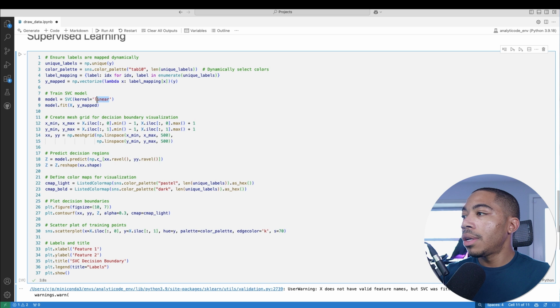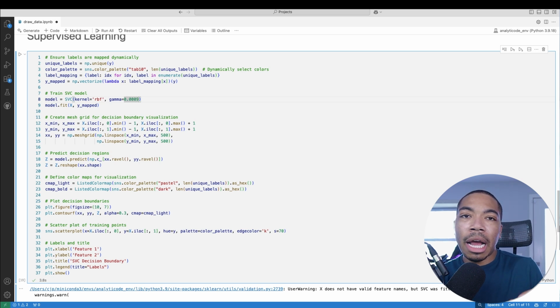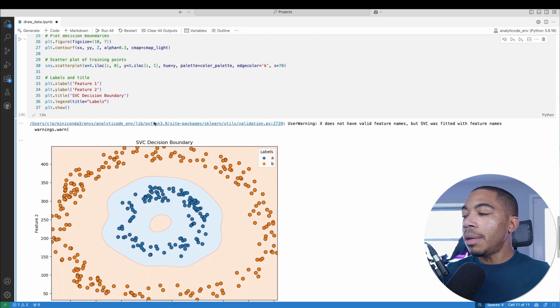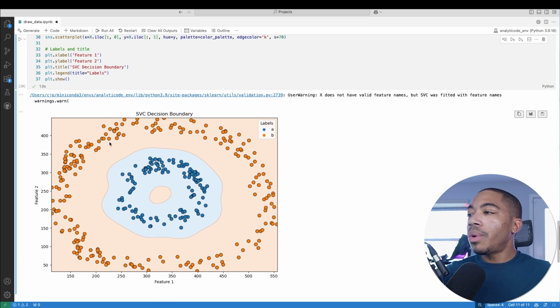And this is where adjusting this RBF, and let's set a gamma value there, helps us to really determine how much we're going to weigh the local points versus the further away or more global points. And I'm not quite sure what the best projection might be, but here you can see that now within this decision boundary map, we can separate pretty easily the outer points, the outer concentric circle, and the inner circle. And this is the benefit of using a kernel, but also the benefit of having a way to design your